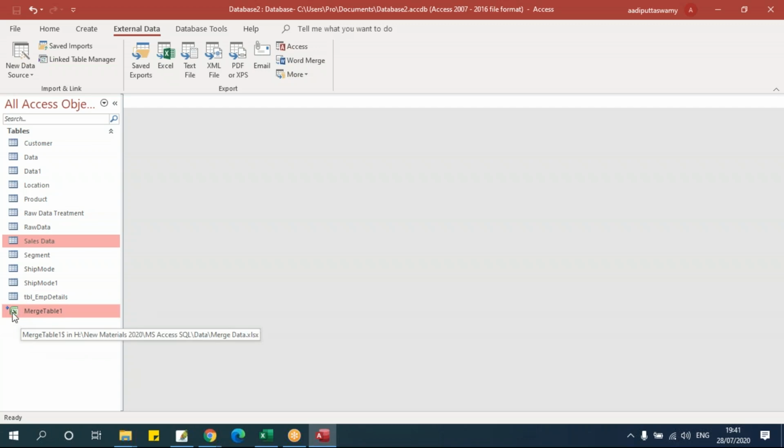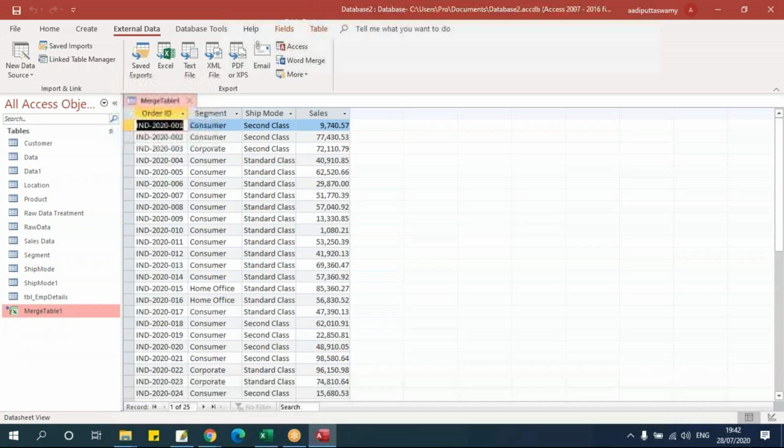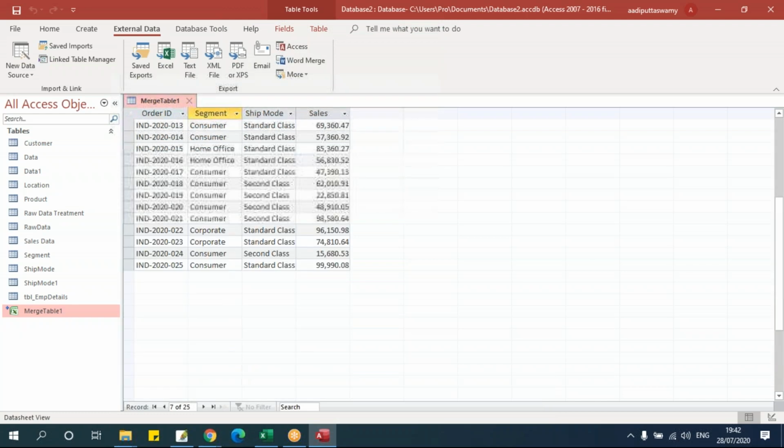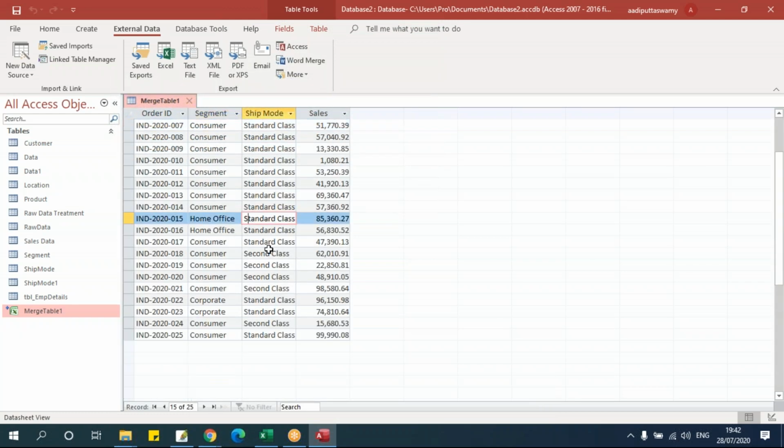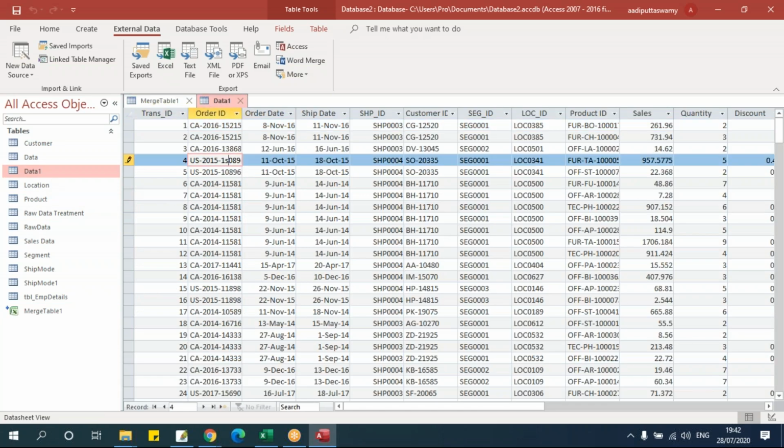Say okay, done. You can see the icon near the cursor. This is showing something like an Excel with a small arrow here. That means it is linked. All the other tables you see here have the table icon. But this one is showing a small arrow with an Excel icon. That means this is actually linked. If you go here, how many records are there? 25 records. Now let me try to edit this. See, I cannot edit this. But if you go to any of the other tables, I can edit the data like this.